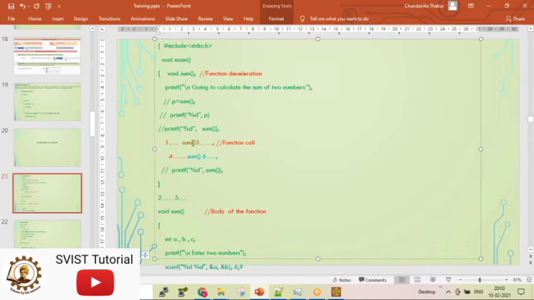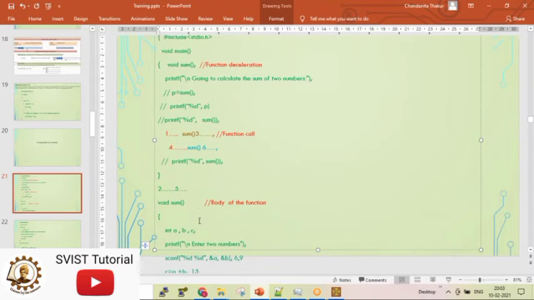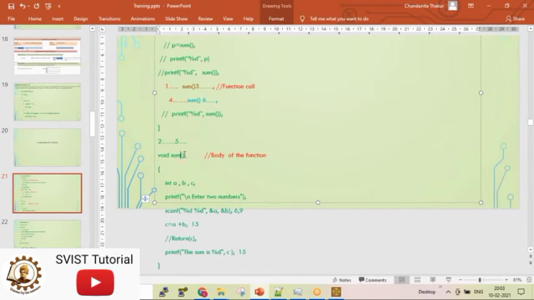When I have called it, please observe carefully. When I am calling some function, what is happening? Control is jumping from this location to the location where the function body is written. Like the function body might be written at address 1000, so control will be moved to address 1000.